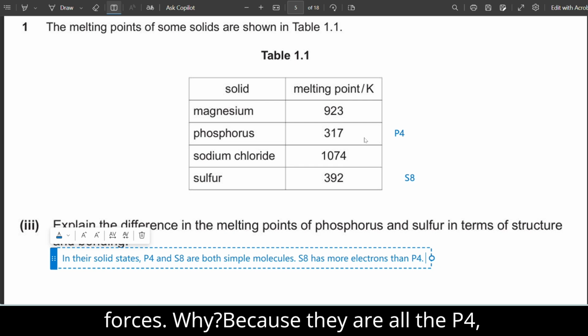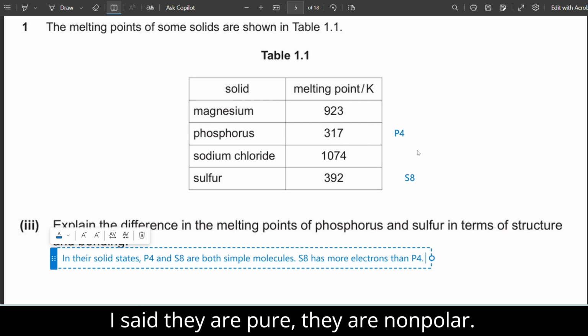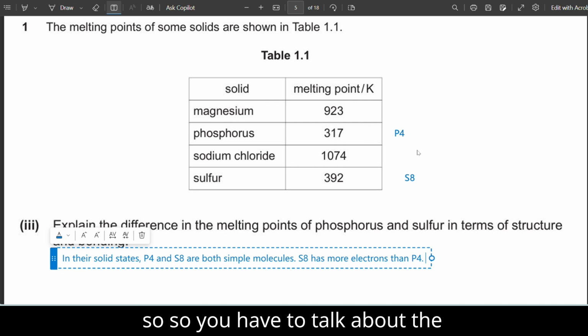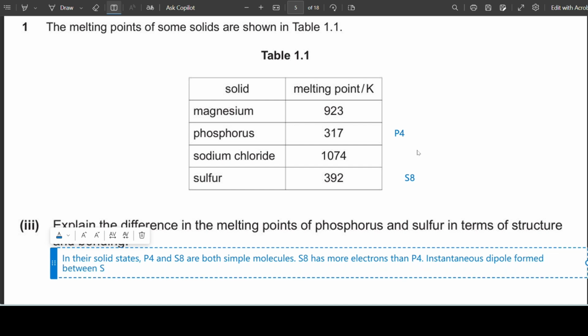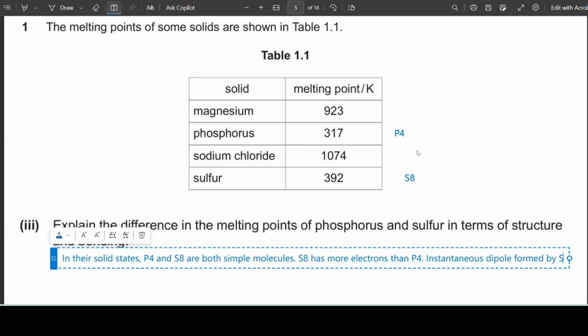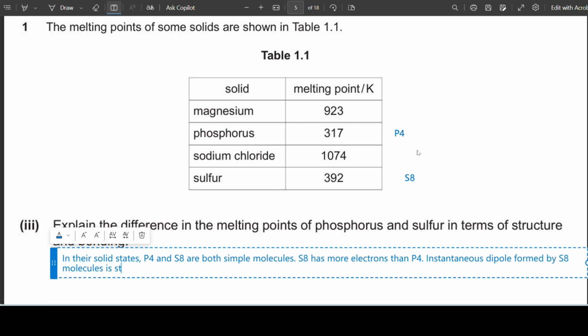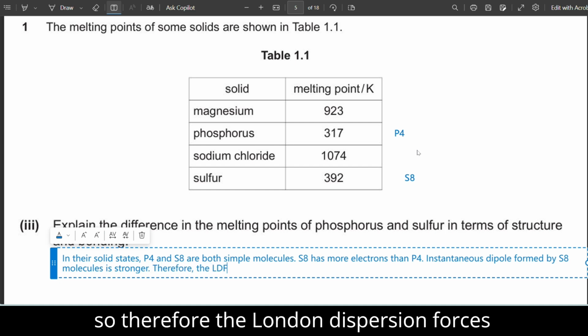Why? Because P4 and S8 are pure, they are non-polar. So you have to talk about the instantaneous dipole. So therefore the London dispersion forces